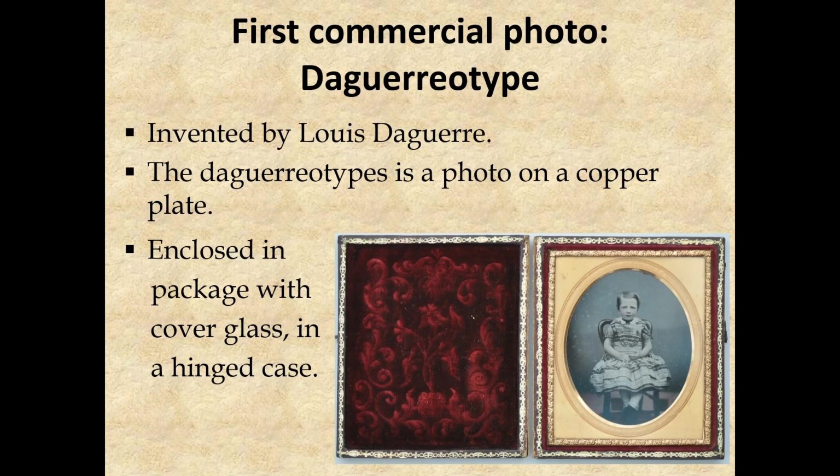It is right. So the first commercial photographs were daguerreotypes, and they were invented by another Frenchman named Daguerre. That's where we get the word daguerreotypes, from Daguerre. And Daguerre had contact with Niépce, whoever's French. Joseph. So Louis Daguerre did have contact with Joseph, and so he learnt things from him, but he was the one who produced this daguerreotype. So the daguerreotype is a photograph on a copper plate,